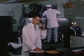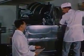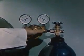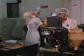This is where the Nutrilite capsule compound, composed of the Nutrilite concentrate and added crystalline vitamins and vitamin concentrates, is mixed. All possible care is taken to ensure the highest quality finished product. The Nutrilite concentrate is placed in the mixer, together with the added crystalline vitamins and vitamin concentrates in proper proportion. A harmless inert gas is introduced into the mixture to prevent oxidation. After thorough mixing and blending, the Nutrilite compound is ready for encapsulating. The encapsulating process takes place here,